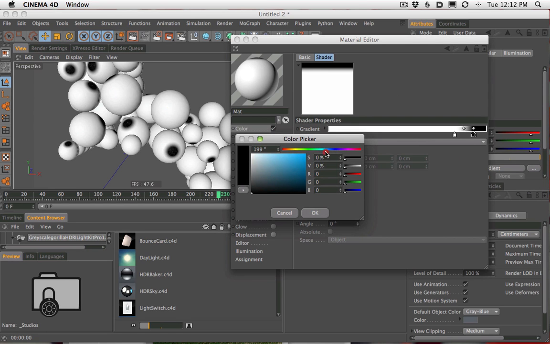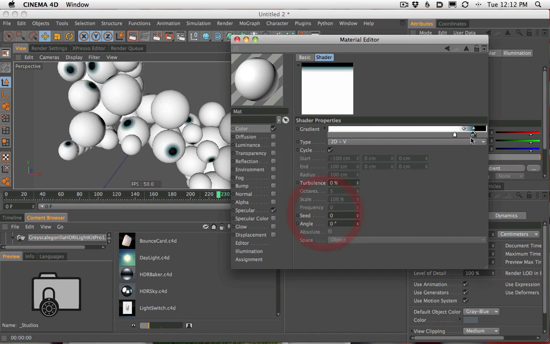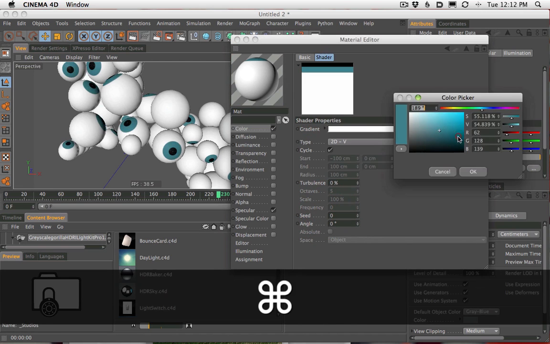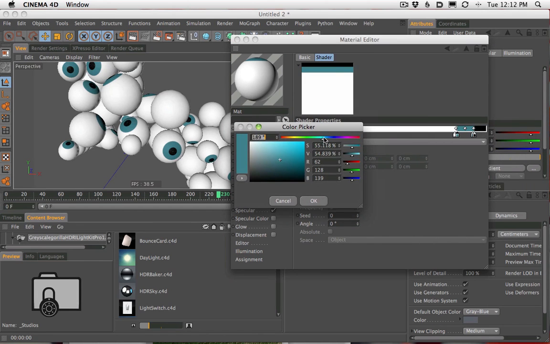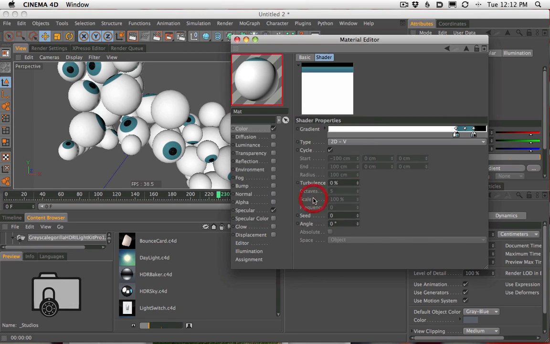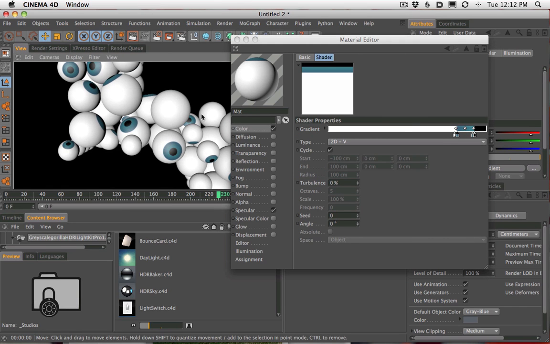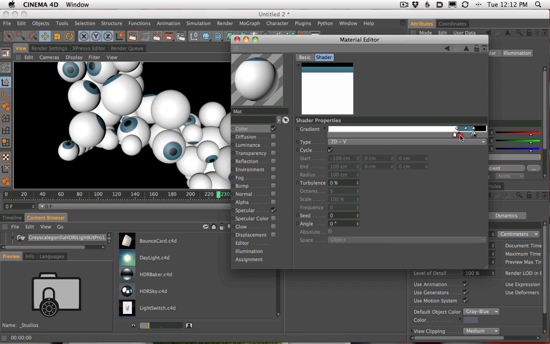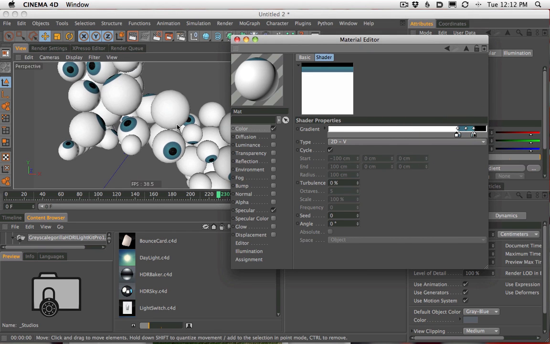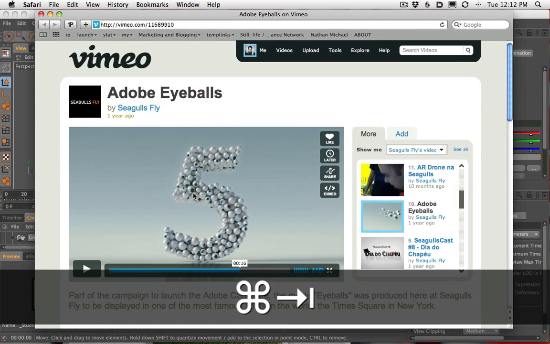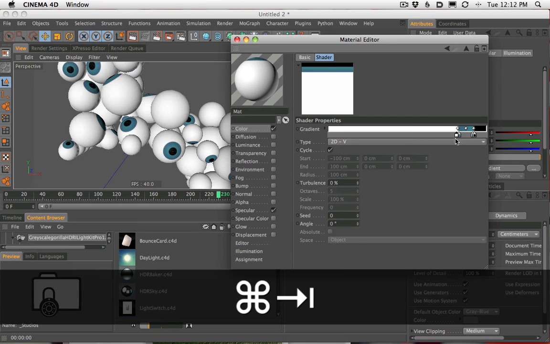So we could pick something like a bluish green color, kind of an eyeball color. Or, you know, you can match whatever color eyes you have. Mine are kind of hazily, greeny blue. So maybe we'll make Nick eyes for this one. And I'm just offsetting the color just a bit, just so it's a little bit more random. And, you know, from here you could just play around with the gradient and try to get a good eye shape going. Maybe pull up a reference of an eyeball or check out their reference in their spheres here.